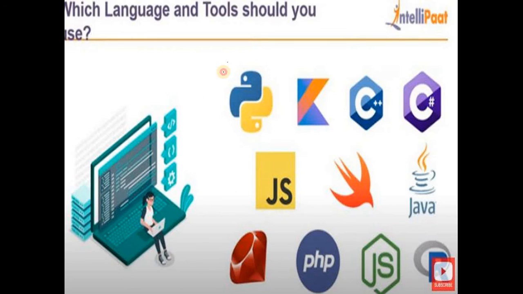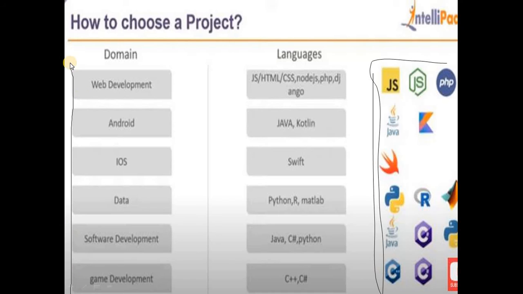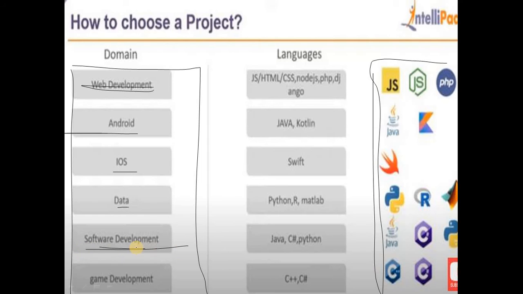So these are the tools that we need to do all these things. Okay, the next thing is how to choose a project. So we can go, and we have many languages such as all these things, and we're going to see all these languages. In this we have many departments such as domains like web development, Android and iOS, and we have data sciences, and software development is the most important, and also there is number one called